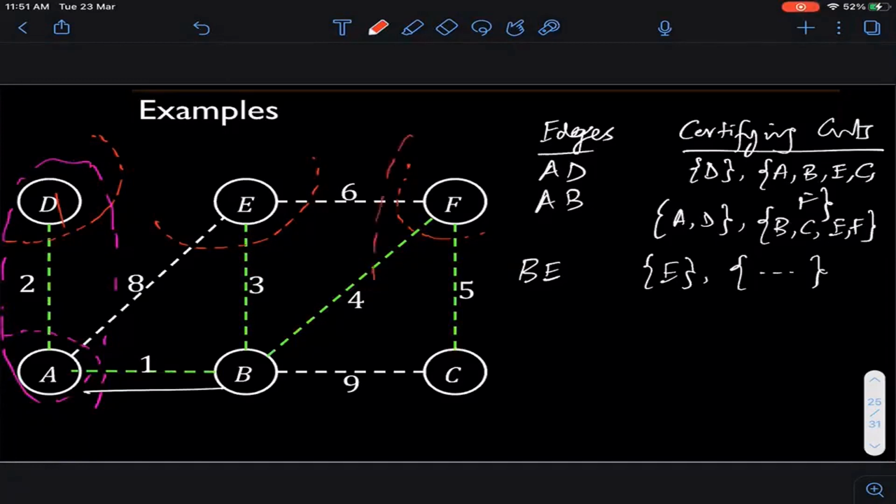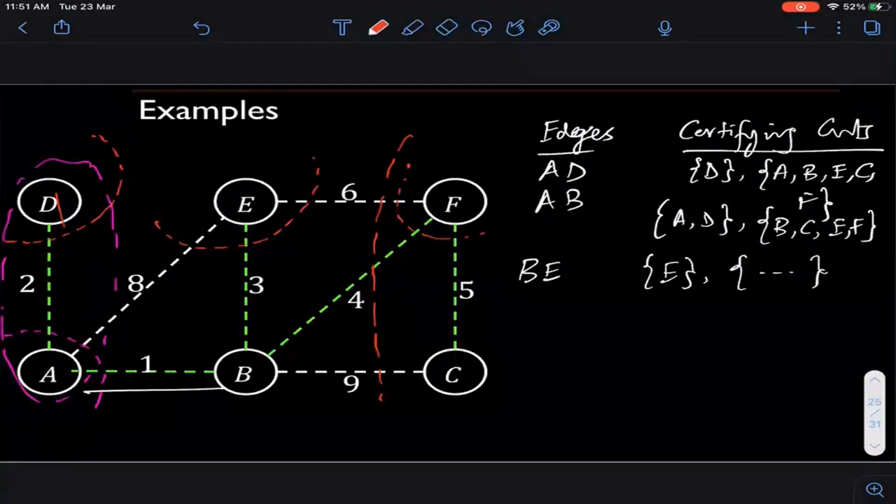Right. So if I take the cut F, C on one side and everything else on the other side. So I'm talking about this cut. इसके लिए भी 4 is the minimum cost edge that is crossing across. So both of them can certify. Okay. Similarly for 5. So abhi everyone understands the statement. Any doubt about what the statement is saying? तो कोई भी आपको एक certifying cut produce करना है, and the claim is that for every edge included in the minimum spanning tree, right, there has to be this certifying cut.